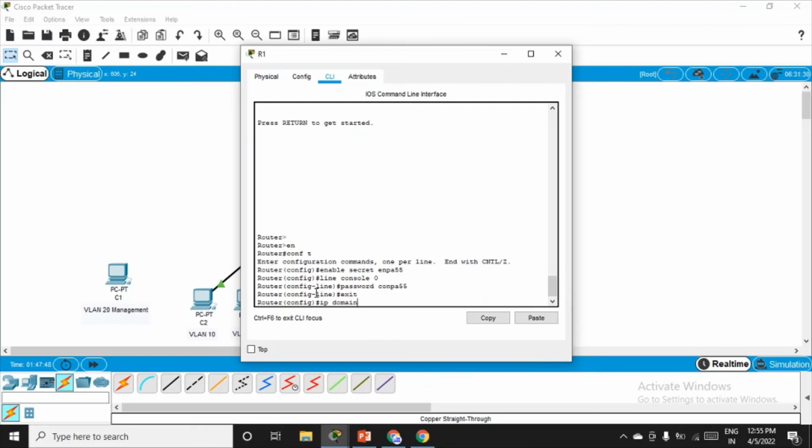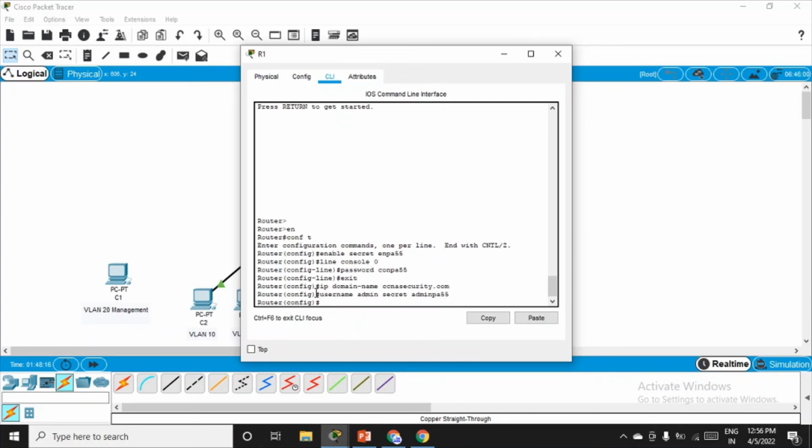So let's start with ip domain-name CCNAsecurity.com, setting up the domain name here, and then setting up the username admin, then the password with the secret command, adminPA55, enter. Then we have to configure the virtual terminal lines 0 to 4,